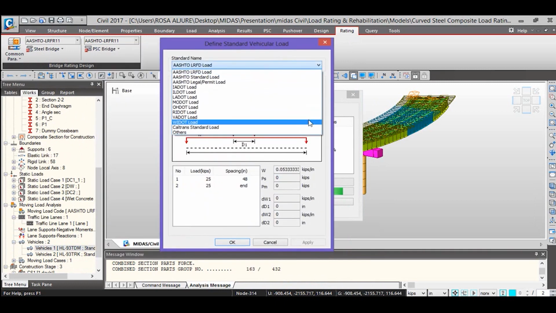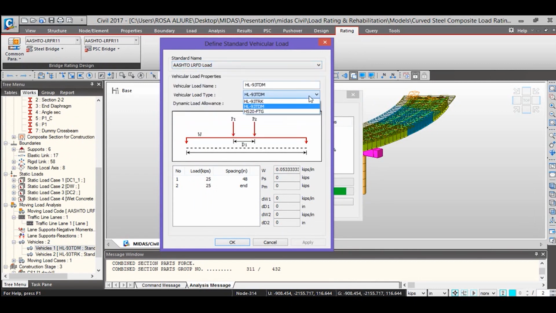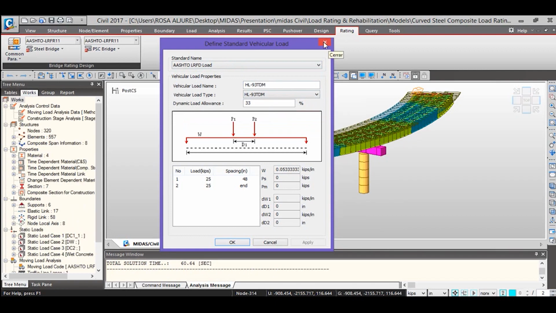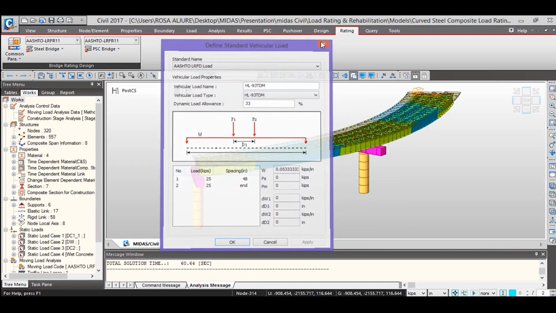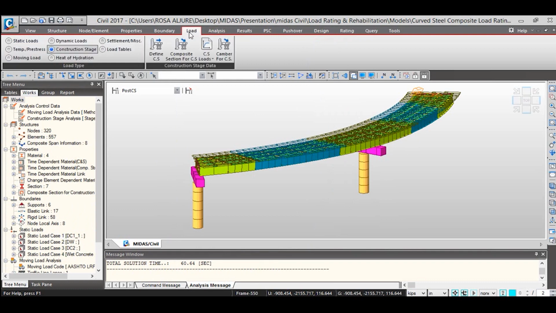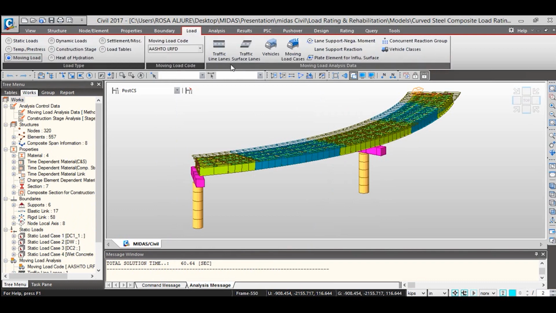We have different databases from different states. We are implementing the loads from the different states in the US, and also we have the HL93 in our database loaded. In the case that the vehicle that you're using or a permit vehicle that you're using is not defined here, we have the option of defining the vehicles manually.